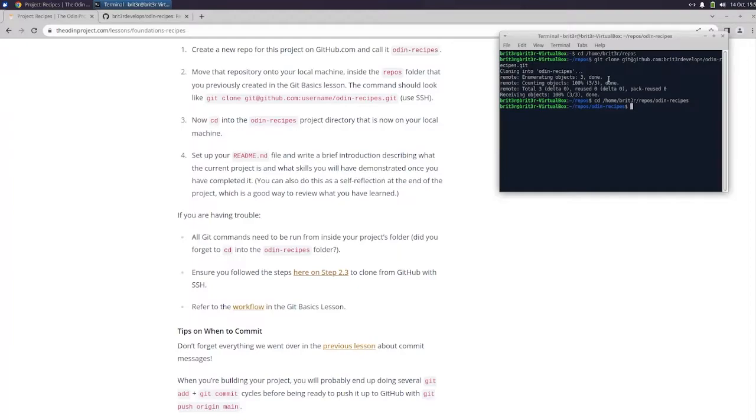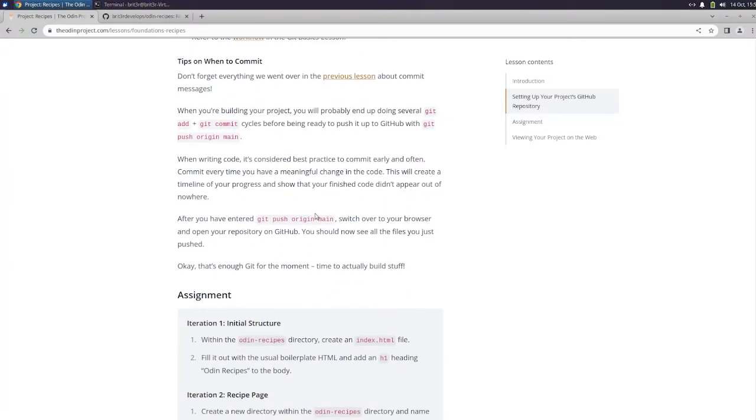Alright, so if you're having trouble, all Git commands need to be run from inside your project's folder. Did you forget to CD into Odin Recipes folder? Alright, so we got it to work, so we're good on that. And then tips on